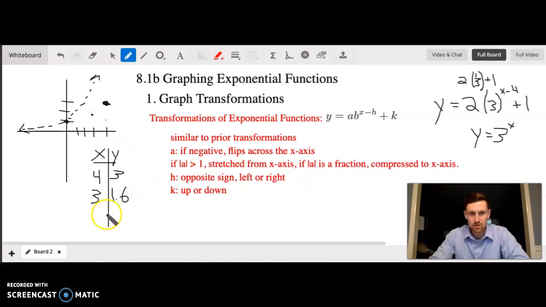Okay, let's try one more that goes backwards. 2 would give me now 2 minus 4 is a -2. Okay, so if I'm plugging in the 2, I get 2 times 1 over, think about this, if I had 3 to the -2, that's 1 over 3 squared. That's 1 over 9